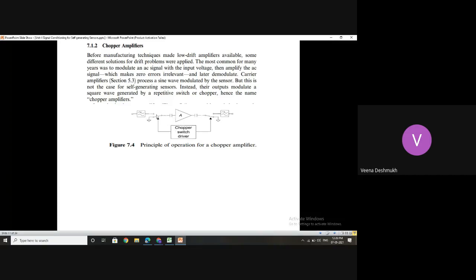The other one, when the AC signal comes in, what happens here is this is a simple square wave switch circuit where this switches on and off between these two. Because of this, whatever are the charges due to the offset, they will be held here. And when this AC is connected, automatically the charges which were held due to the offset voltage will not be passed on to this.